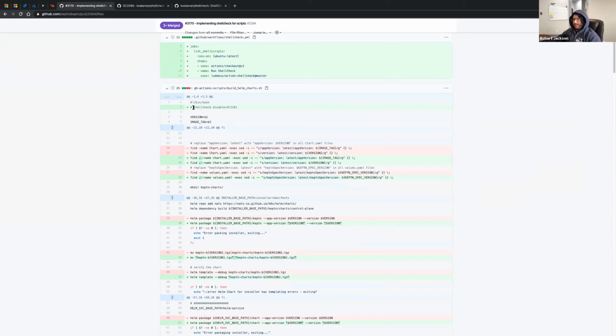So here you can ignore something for the entire file. And I think this was the exit code. One of the common things we do is if $? is not equal to 0.